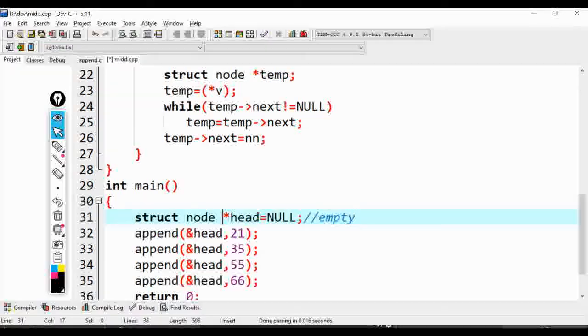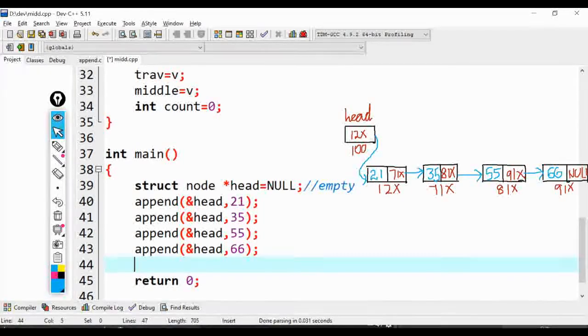Even though initially head was assigned to null, later on after calling the append function, my head will be pointing to the address of my first node. Okay? After the appending process, my logical representation of the linked list will be like this.